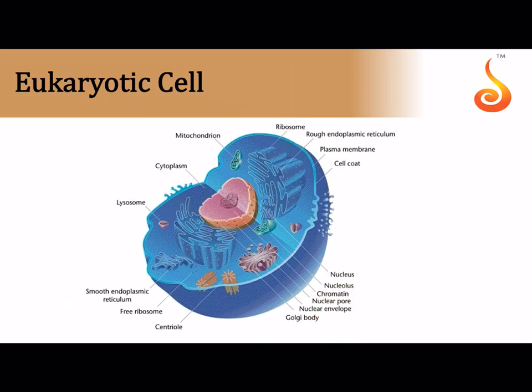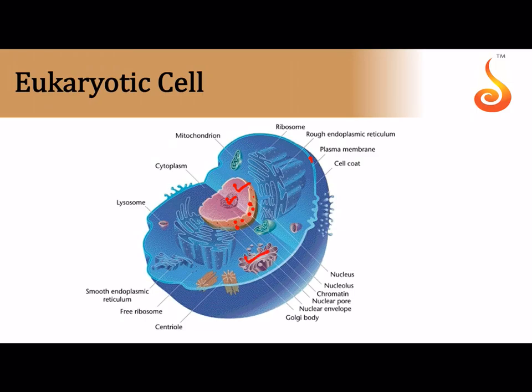As opposed to what we just discussed, that is the prokaryotic cell, you can see how distinct a eukaryotic cell looks. It has a membrane bound nucleus with a region inside that is called the nucleolus. There are a lot of pores in the nuclear membrane, which are called nuclear pores, correct? There is a plasma membrane. If it is a plant cell, it will have a cell wall on the outside. Otherwise, generally there is no cell wall. And you can see there are a lot of membrane bound cell organelles.